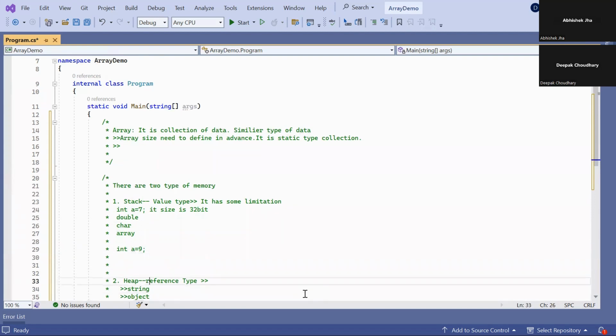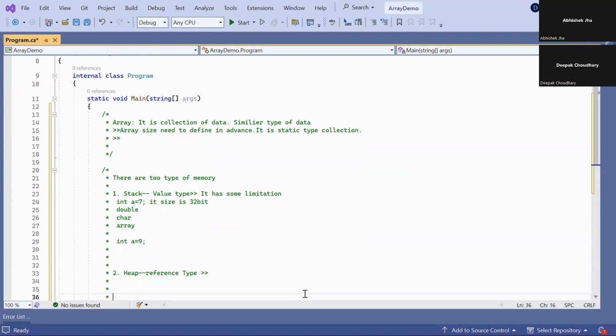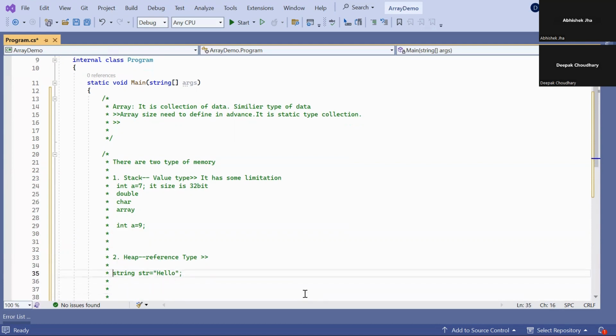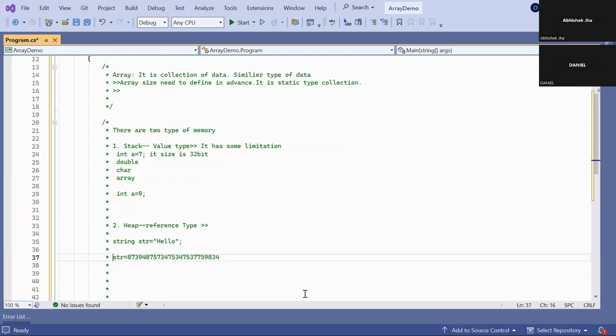But when we declare a string str equals to, for example, hello, this str doesn't have the hello information. It only has an address of that hello, and that address holds the location of the value hello.